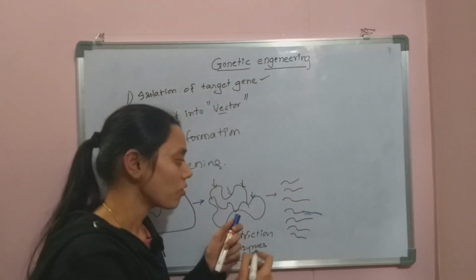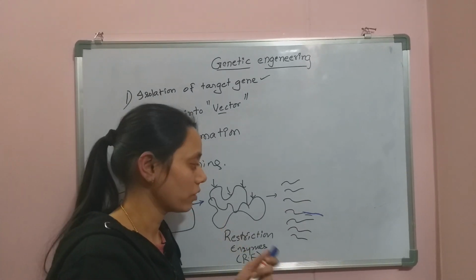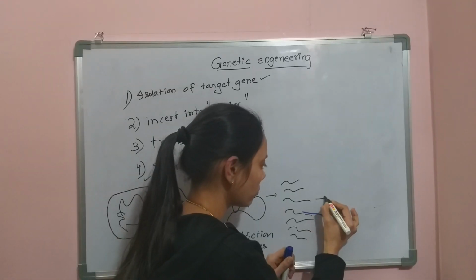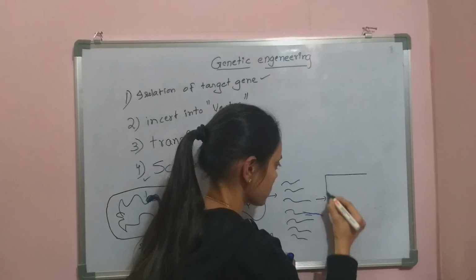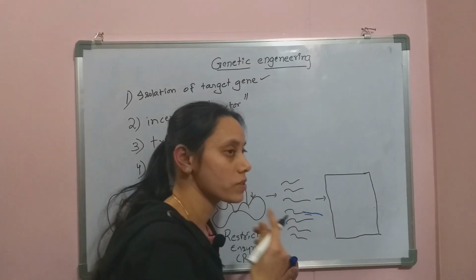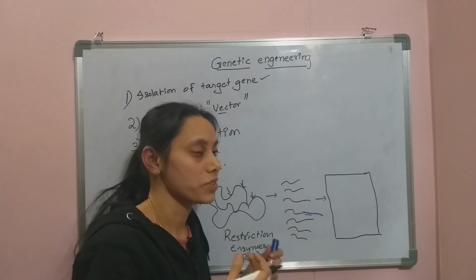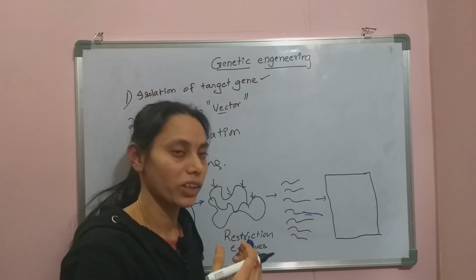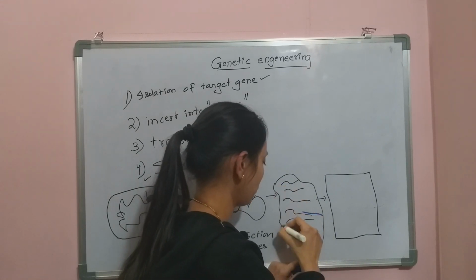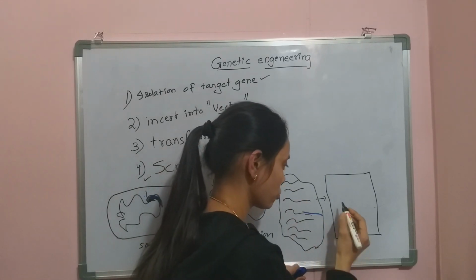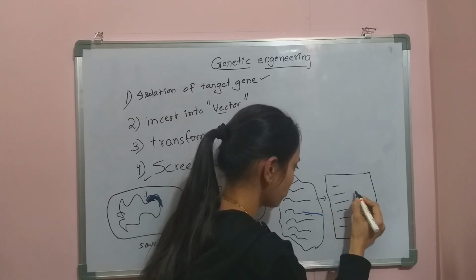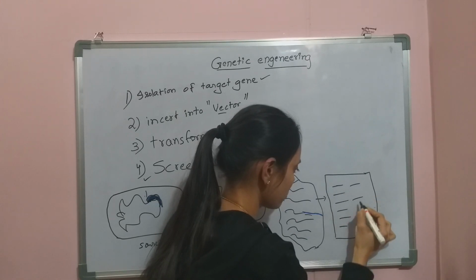And we expect one of its fragments has a target DNA. So here we'll go for gel electrophoresis. Gel electrophoresis is the process of separation of DNA fragments based on their molecular weights. So all fragments in the experiment tube will be separated into bands according to their molecular weights,